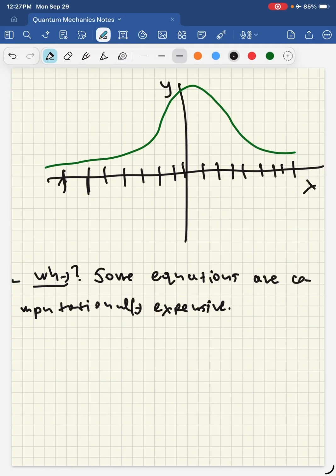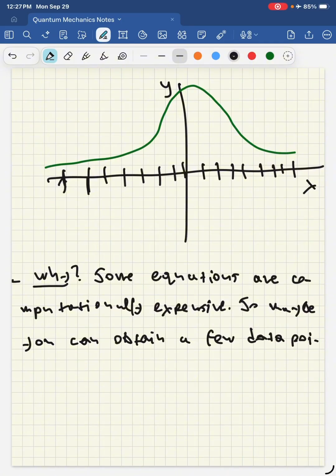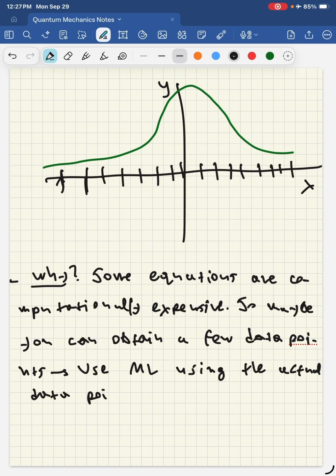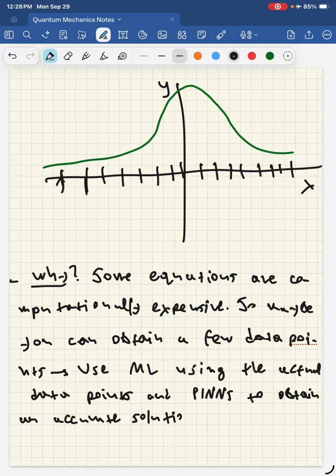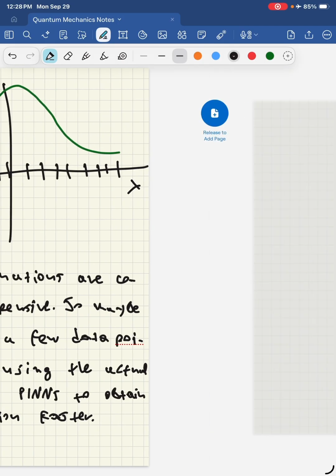So maybe you want to, so maybe you can obtain a few data points, okay, and then use machine learning using the actual data points and PINNs to obtain an accurate solution faster. So what I mean by that is,